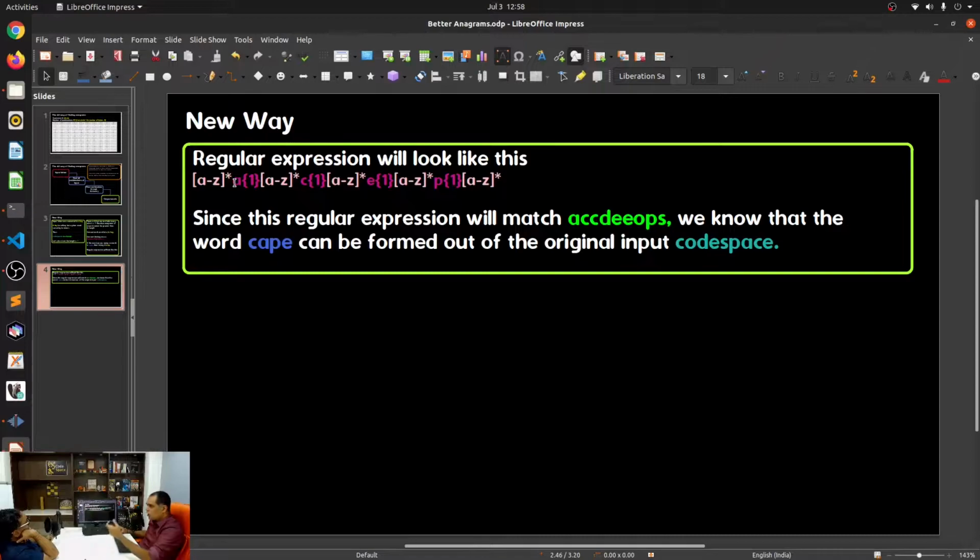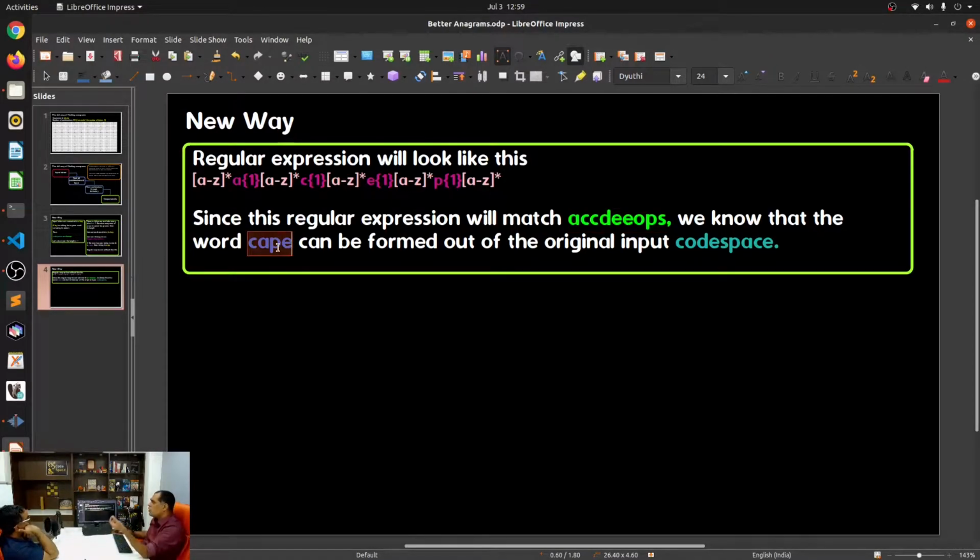So the letters A, C, E, P, you can see in the regular expression, should appear exactly once. And then you just precede all of those by saying the letters A to Z can appear 0 or many times. And now since this ACEP regular expression matches our original key, right.